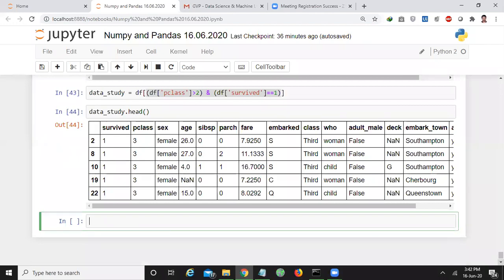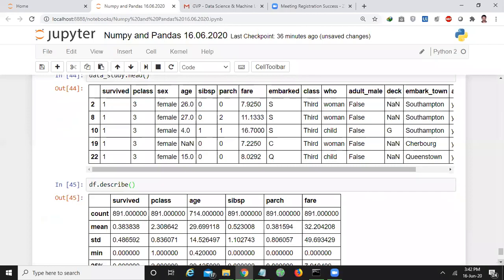Visually means diagrammatically. Okay. For example, if you want to understand the entire data, we have the function called df.describe. Okay, df.describe. What is the meaning of this? See, once check this result.